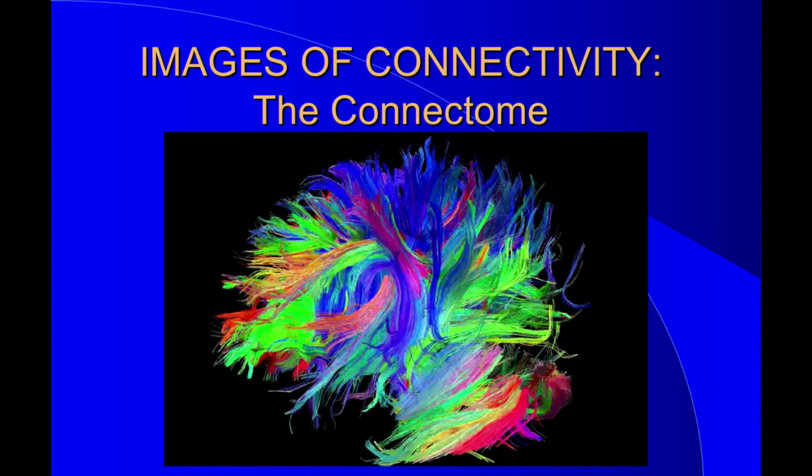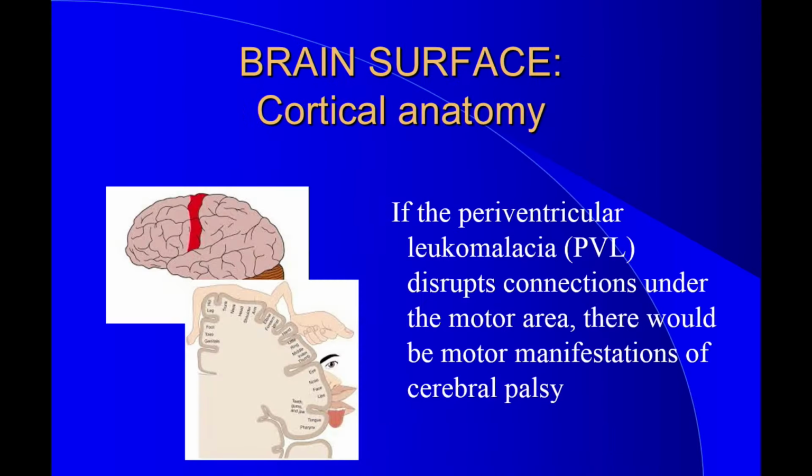I can't interpret these tracts, but we do have a way of looking at how the brain is connected to itself in a much more detailed way. So we'll talk a little bit about tracts. These colors represent groups of neurons that are carrying functions through the brain, relating one piece of the surface of the brain to another piece of the surface of the brain, right? This is a critical issue with periventricular leukomalacia. So we're going to talk about how periventricular leukomalacia affects these connections and functions in certain ways.